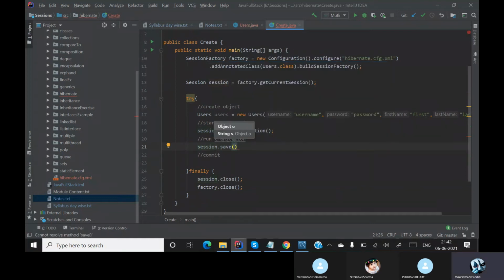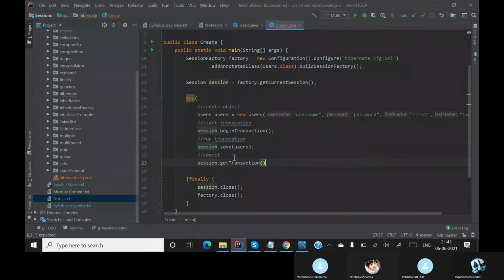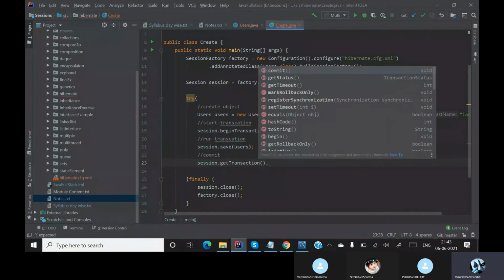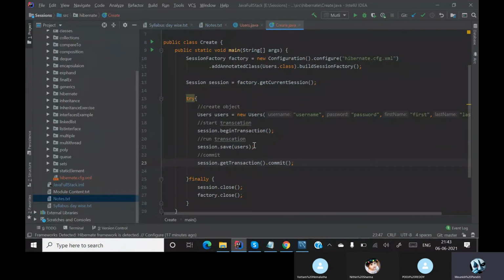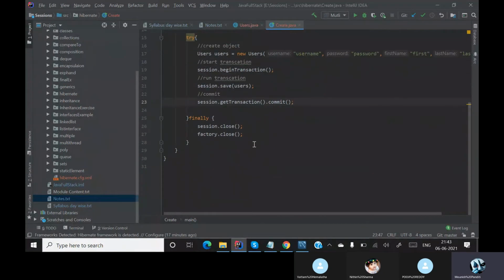You can save the object, that is your users. When you save this users, automatically your object will be saved to the database. After everything is done, you will say session dot get transaction dot commit. That's all. Your program is done.